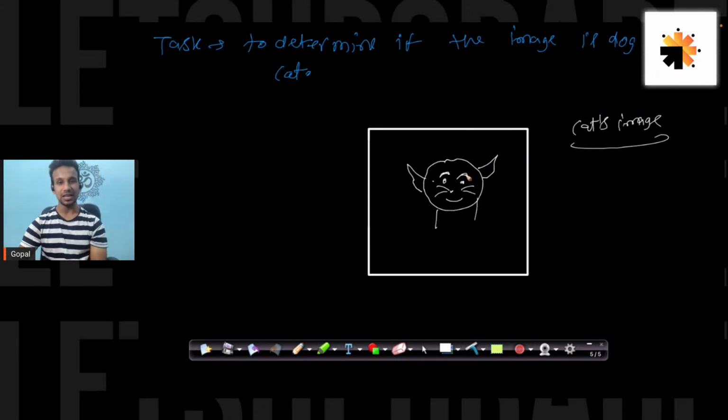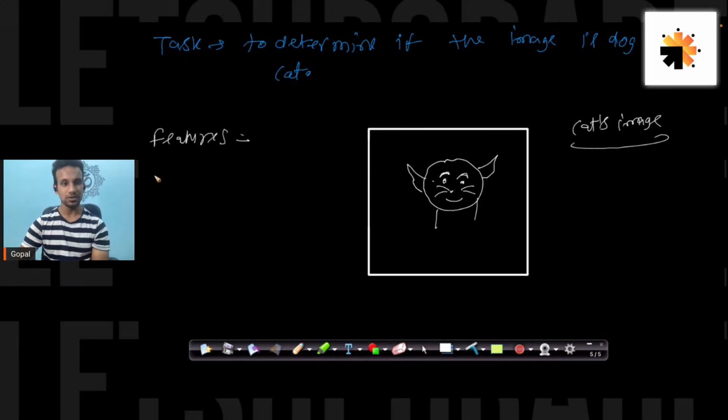Now I need to determine, using an AI algorithm, what we also call a model, and we will see what exactly the model is, if this image is a cat or a dog. So what we do, let's call it features. What are your features here?